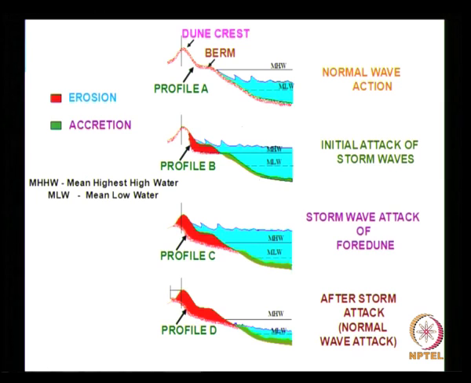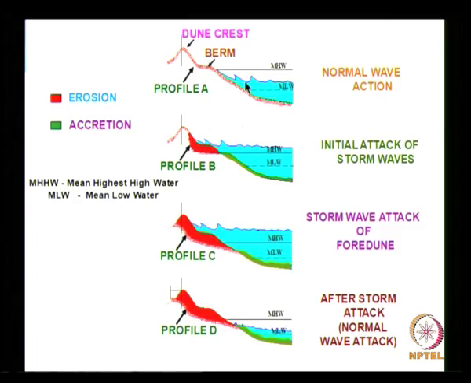You know about the tidal variation. So initially you have the mean low water, then you have the mean sea level somewhere here, above which you have the mean high water line. Between the MLW and MHW, the waves will be propagating and breaking, and it will be breaking at a location when the wave height is approximately 0.78 times water depth, all of us know. So that 0.78 times water depth may be occurring somewhere here.